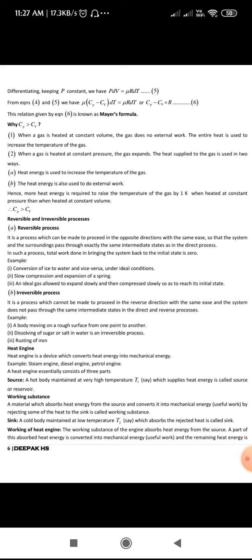Again, this is an important thing. For 2 marks, they are going to ask for the definition with one example, and you have to answer. In case it is for 1 mark, any one definition, either reversible or irreversible process, will be asked. So just go through both the definitions and examples for a few minutes. In case you have any doubts, you can ask. Just go through now.